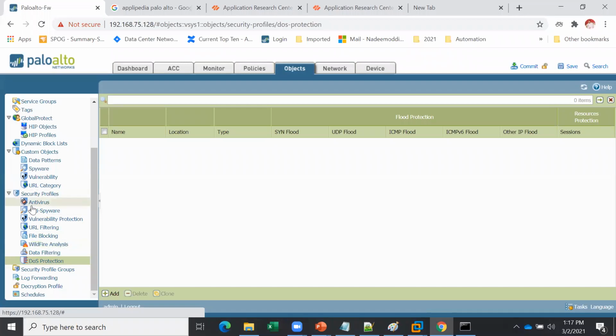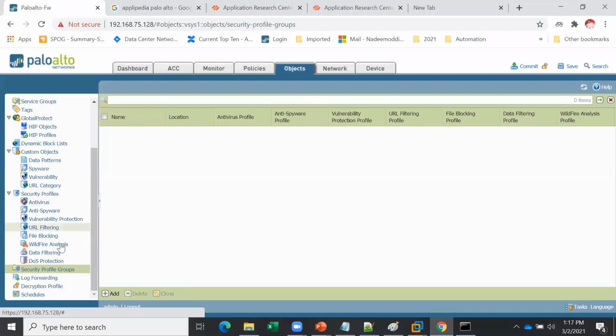If you configure all of these, instead of using individual profiles, you can create a group, associate all five or six things, and call that particular group in the security rule, which we are going to understand.